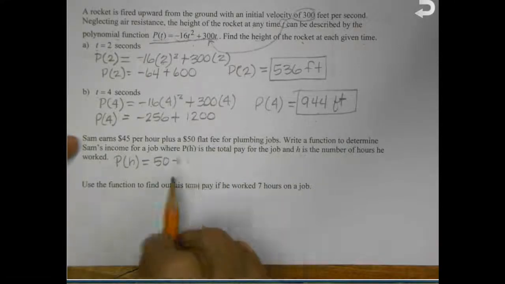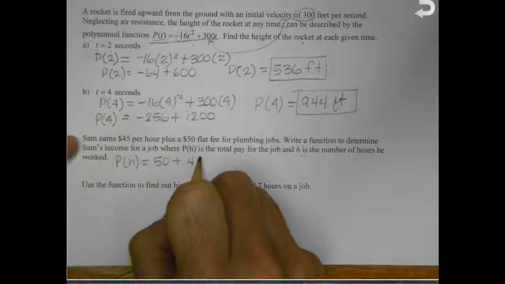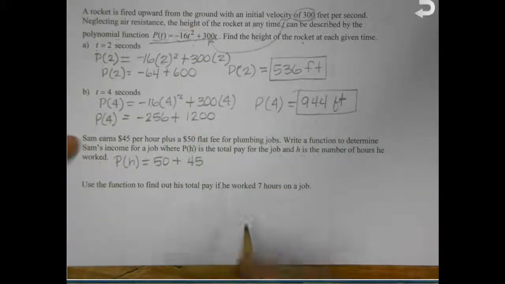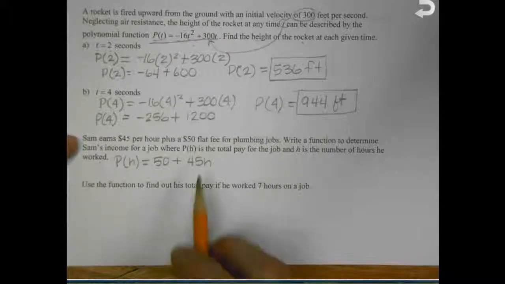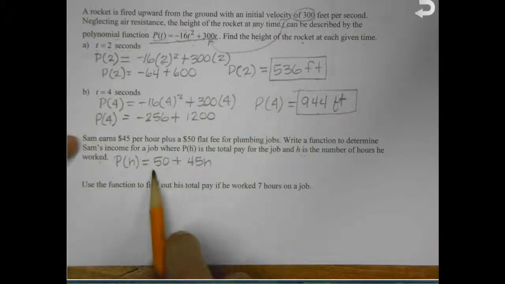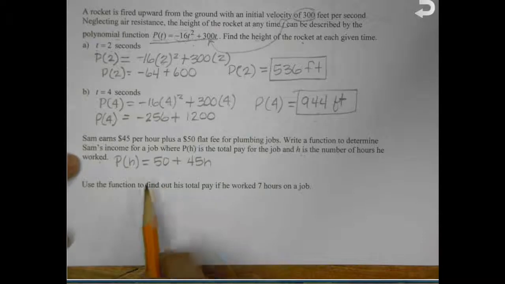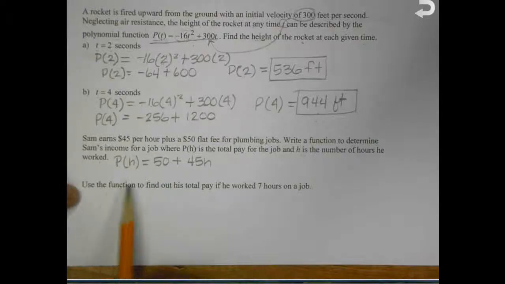So if he works just 1 hour, it would be $45. If he works 2 hours, I would have to multiply that by the H to find 2 times 45 is 90, plus 50 is going to be $140. So if he has to work 2 hours, that makes sense. Now here's my function then,